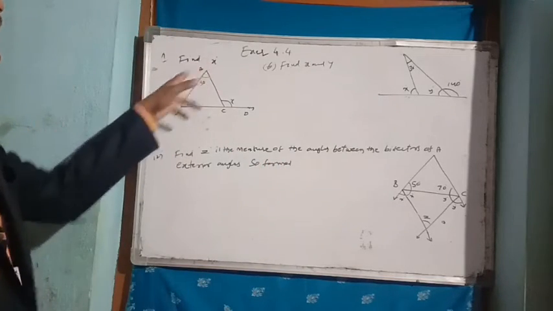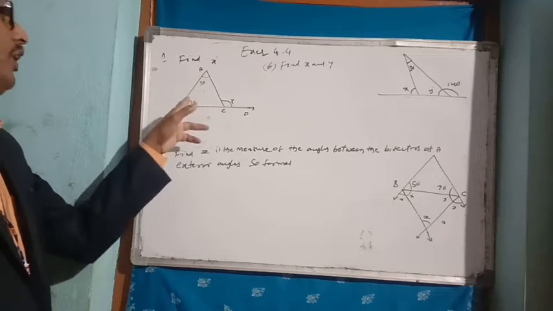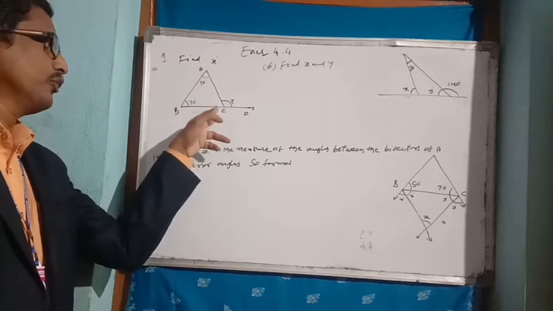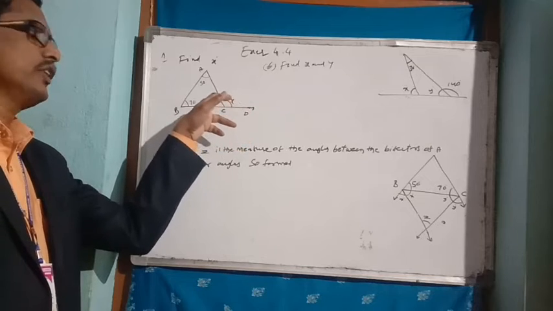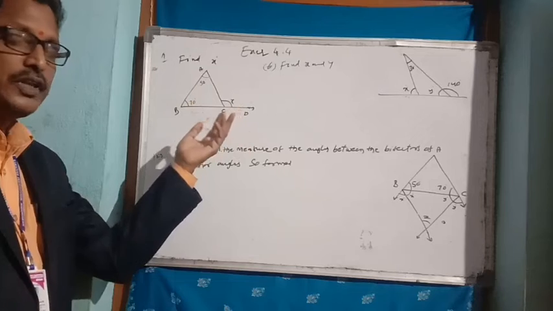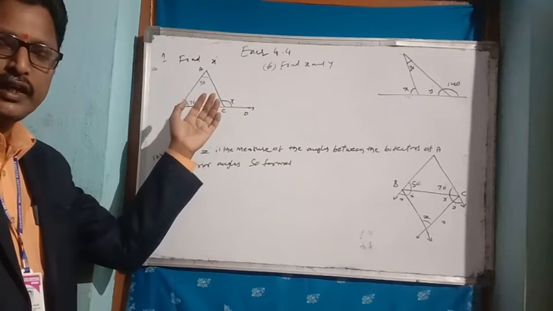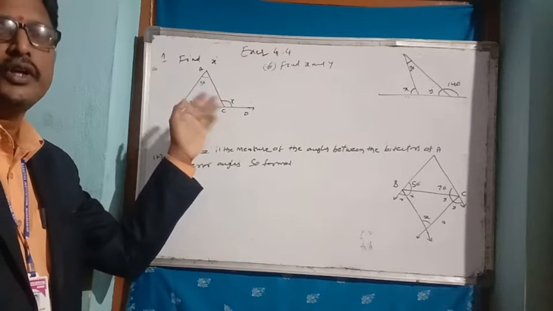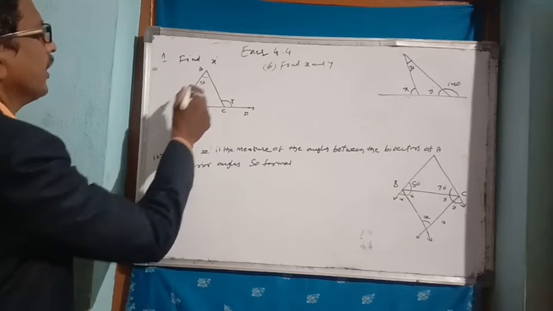Find x in the figure ABCD. Here ABC is a triangle and BC is produced to a point D. Here we have an exterior angle, ACD is the exterior angle. What is the exterior angle property? The exterior angle is equal to the sum of the opposite two interior angles. Therefore, here